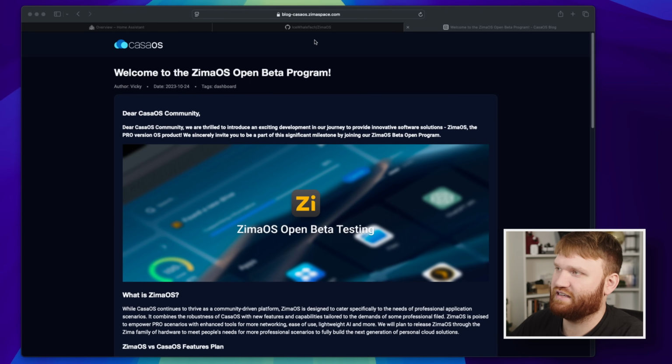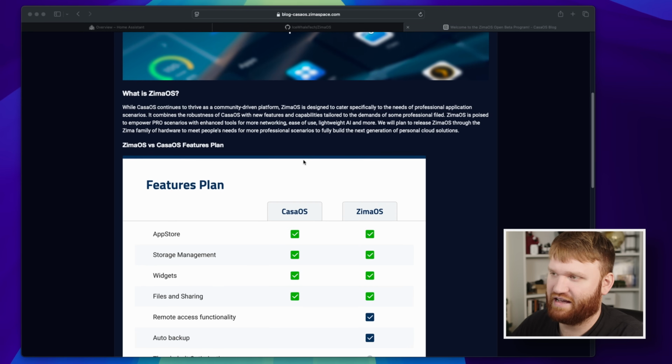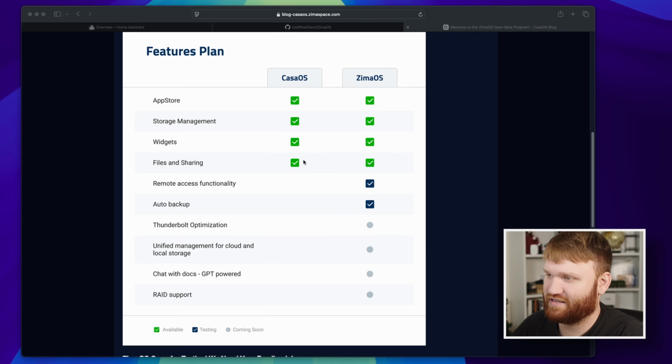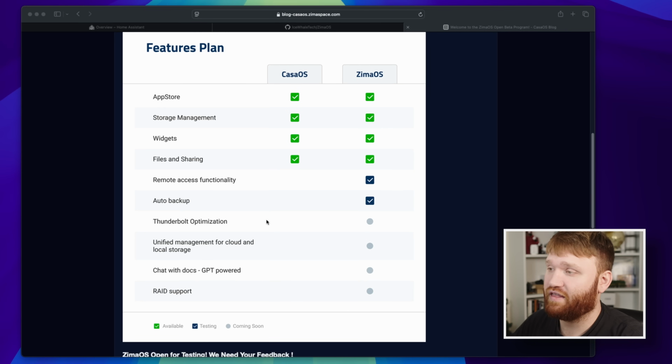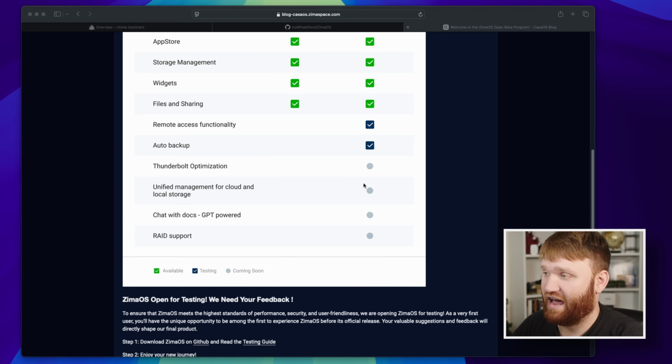Right here, we're on the ZimaSpace, the blog for CasaOS, and these are the differences. CasaOS, of course, gives us our app store, management, widgets, file sharing, but ZimaOS is expanding the functionality with remote access, auto backup, Thunderbolt optimization, cloud management and local storage, ChatGPT stuff, and RAID support. Now, this is an older post, and a lot of these features actually exist already, including, I believe, the RAID